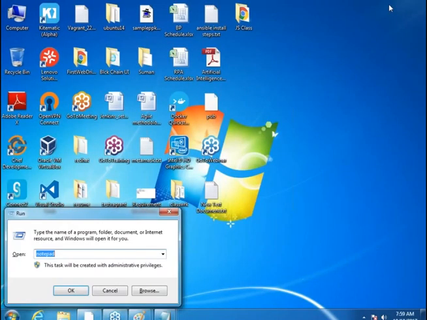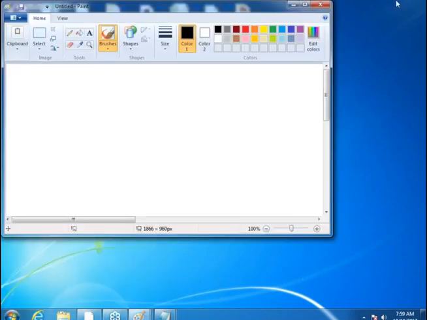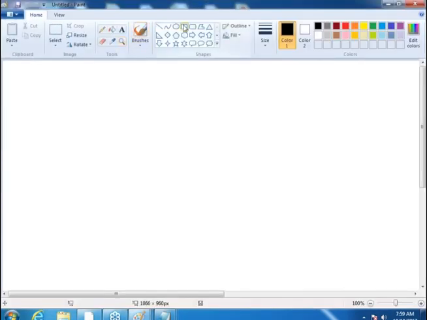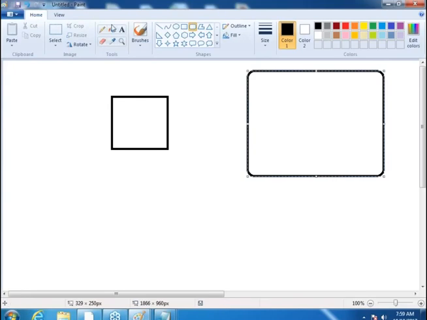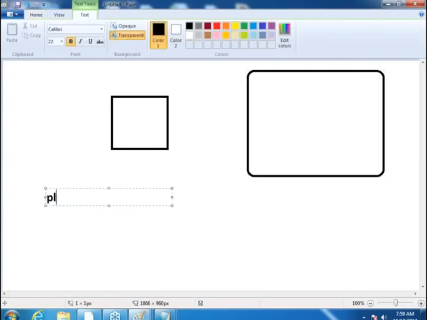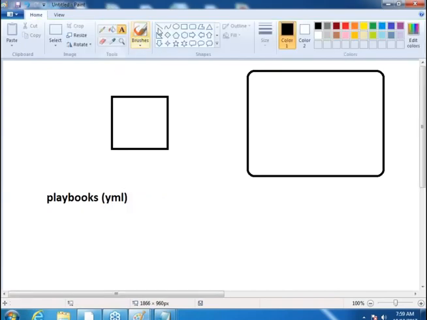Right. So now I'll just tell you, at a very 10,000 feet view, how Ansible works. This is your control server, and let us assume that this is your node. In Ansible, you would be writing playbooks. What we write is called playbooks, and a playbook is nothing but a YML file. You write a YML file. And you would basically have the Ansible software over here. And this is not a service, which runs always.